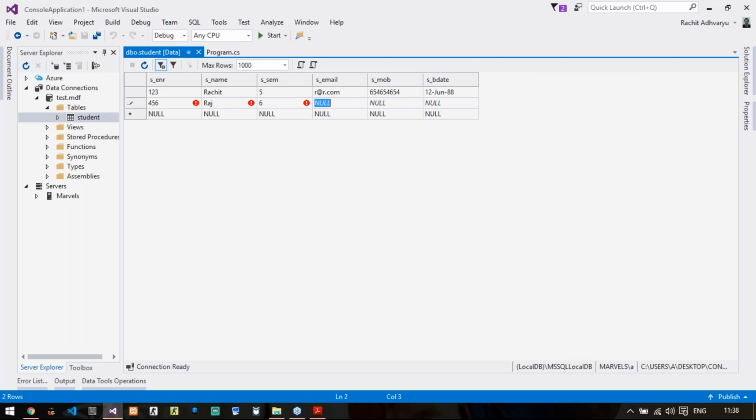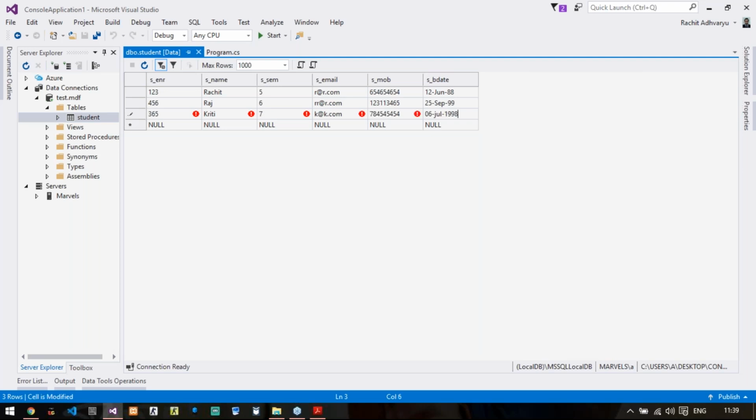Again some mobile number, some date, and one more data just for showing purpose. It will be, let us say 365, then Kriti, semester maybe 7, k@k.com, mobile number could be anything, and let us say 06 July 1998. So I've entered 3 dummy datas right now.